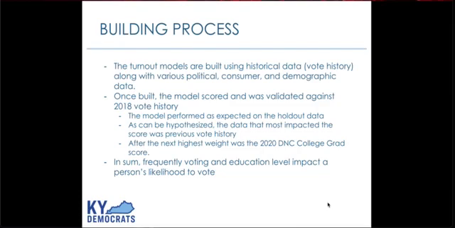was ran against holdout data. So we did a very small sample of eligible voters in the 2018 primary to build the model, validated against the rest of the voter file from there. It validated pretty darn well, and like I said, previous vote history was the strongest weight in this model, that sort of was the largest predictor of this model when it came to the scores, and then after that